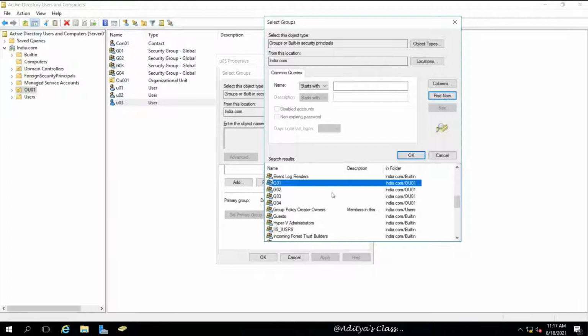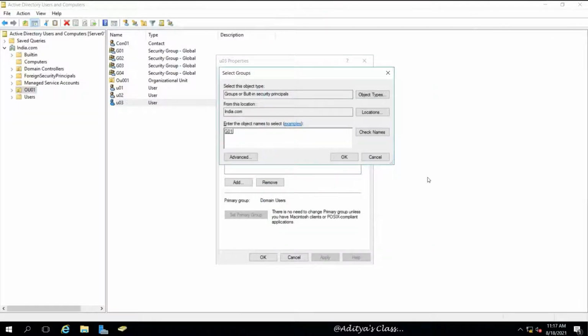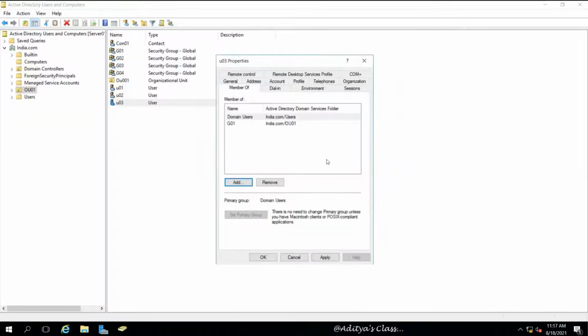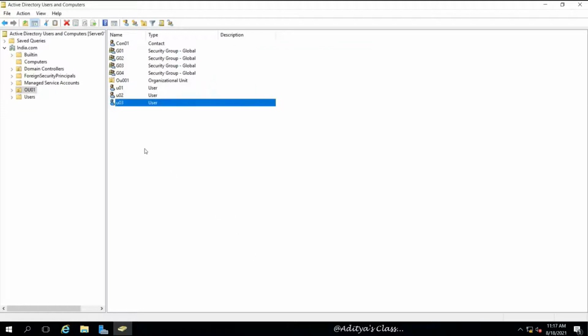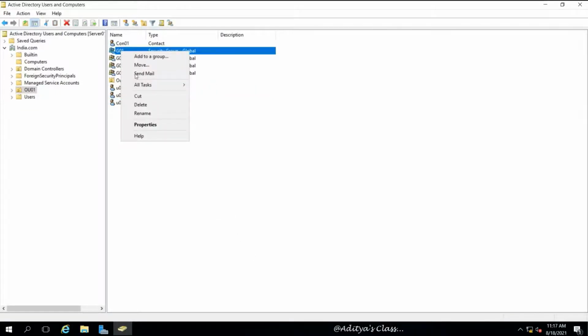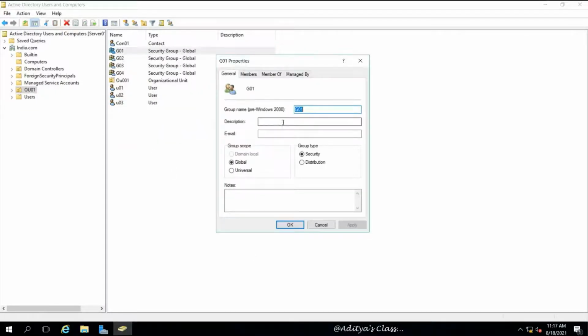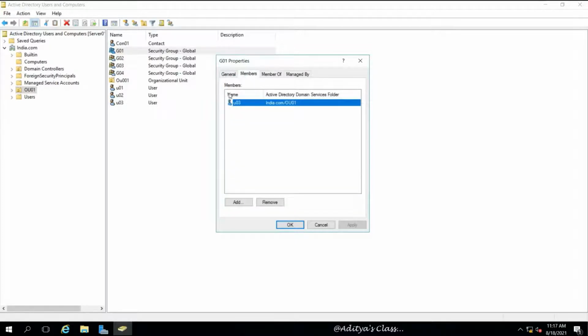So give OK once again, and you can see U03 is a member of G01 group. Now we can test it by going to G01 and properties and then click on members. You can see user 03 is a member of G01 group.